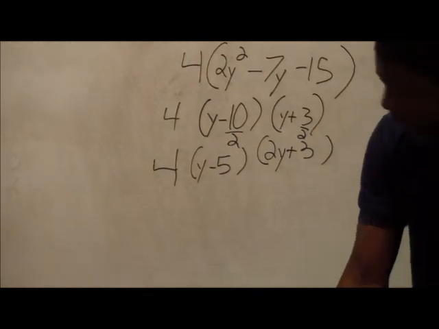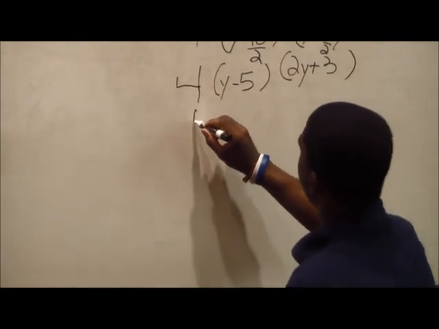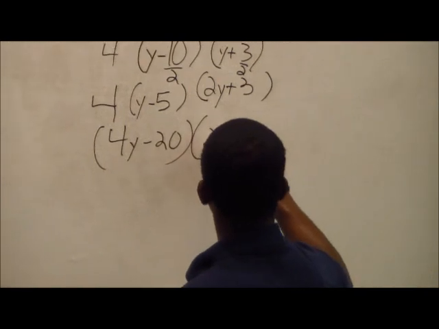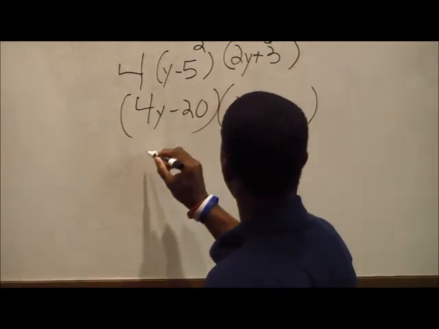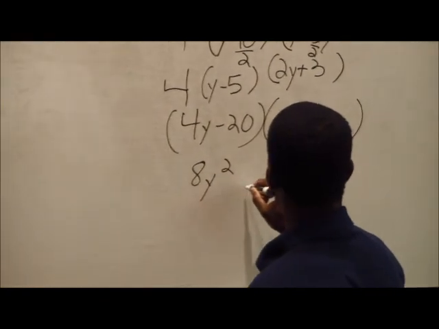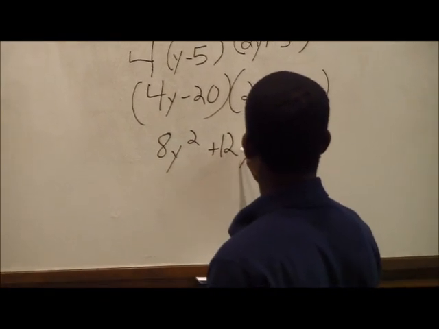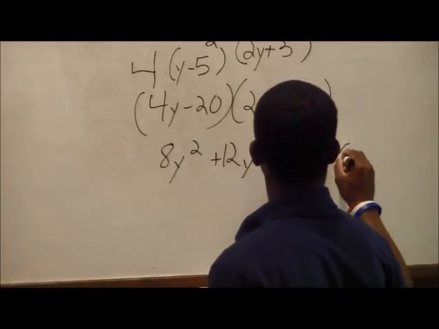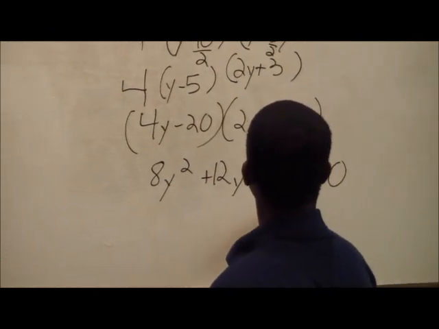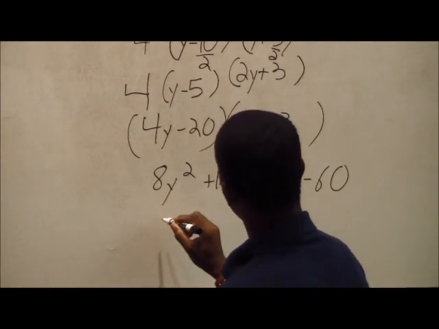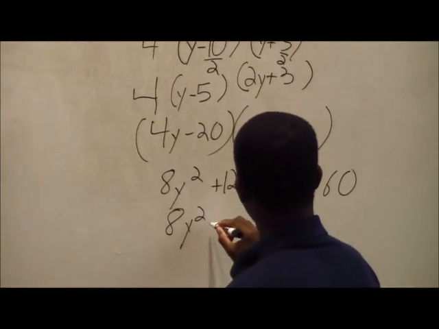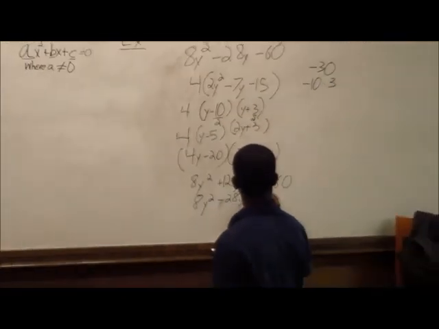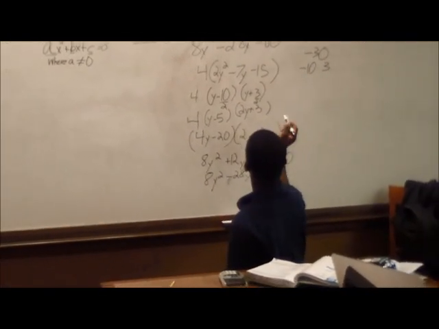I'm going to check it real quick. So you have 4 times y minus 5 times 2y plus 3. 8y squared plus 12y minus 40y minus 60. And then 12y minus 40y equals negative 28y. So that is the correct answer. So you're left with this right